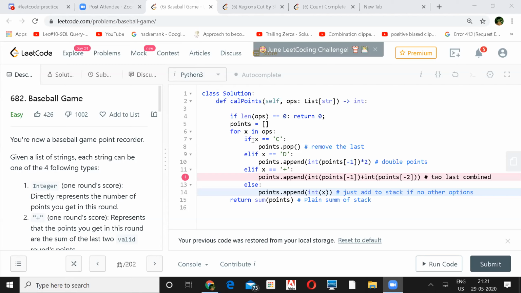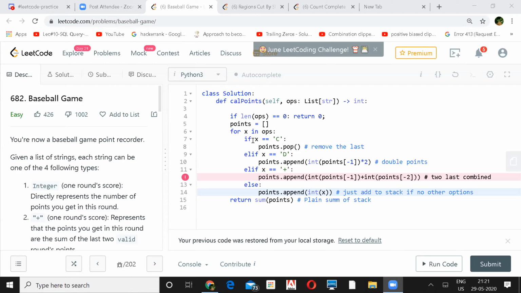So I was thinking, suppose the plus operator means it's not two elements, it's more than two elements, like 5 or 10 elements. Then stack won't be the best possible data structure, right? But plus will be only for the last two elements every time. Yeah, but assume plus can be plus 1, plus 2, plus 5, plus n.